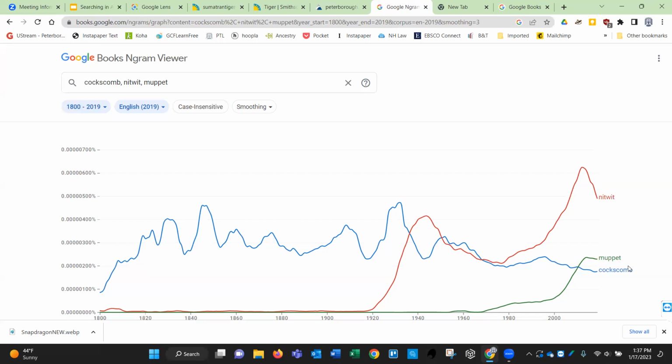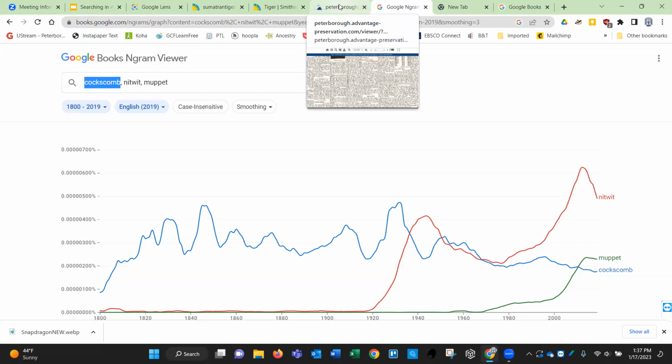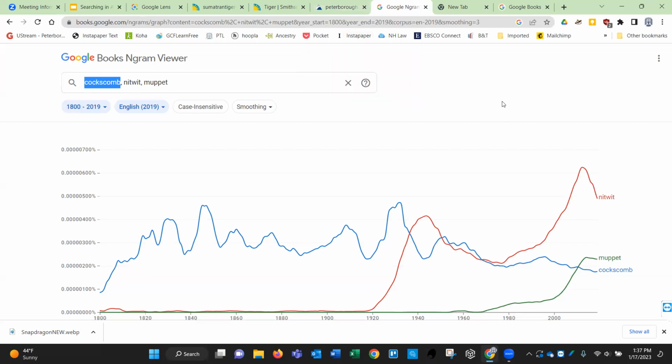You could also go to, let's see, I don't know that we will have any luck with this. But we'll look at this later on: we can look at historical newspapers that the library has access to that we've digitalized as well, and we can search for a word in that. We can look at that a little bit later.